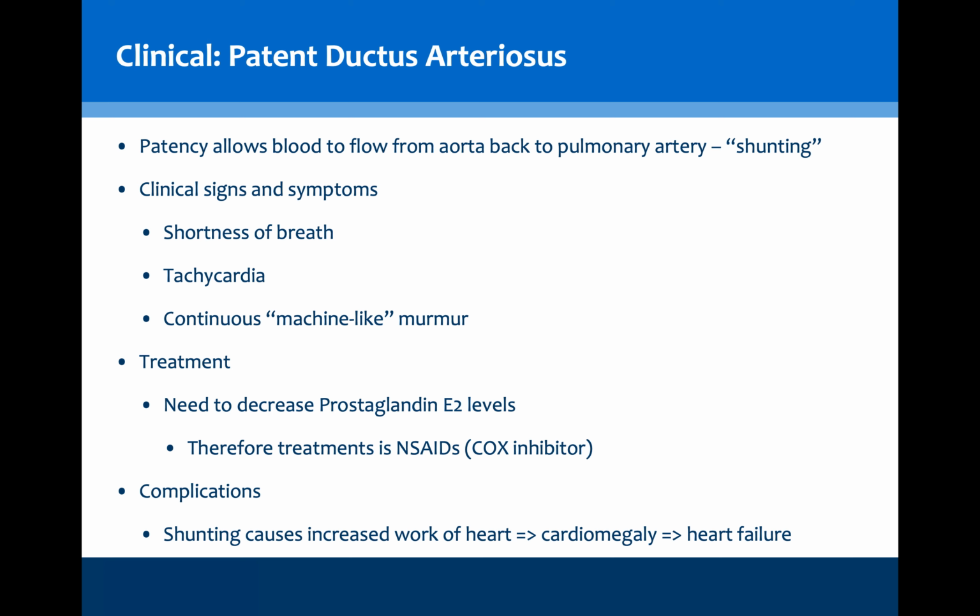This condition may also result in tachycardia, as in order to maintain the cardiac output, the heart rate is increased. A continuous machine-like murmur can be auscultated on the chest. Murmurs occur where the laminar flow of a liquid, such as blood, is disturbed. As the blood passes from the aorta into the pulmonary artery, this turbulence of flow is heard as a continuous